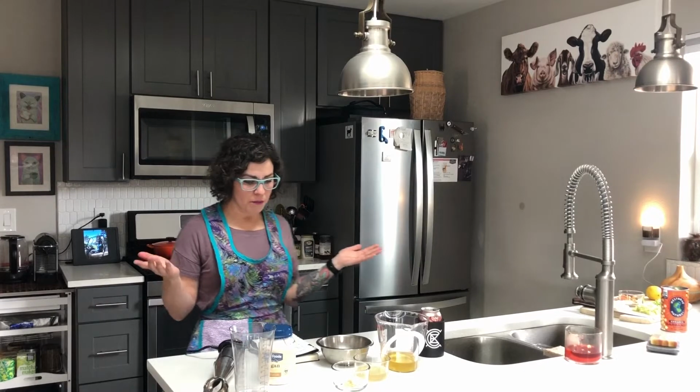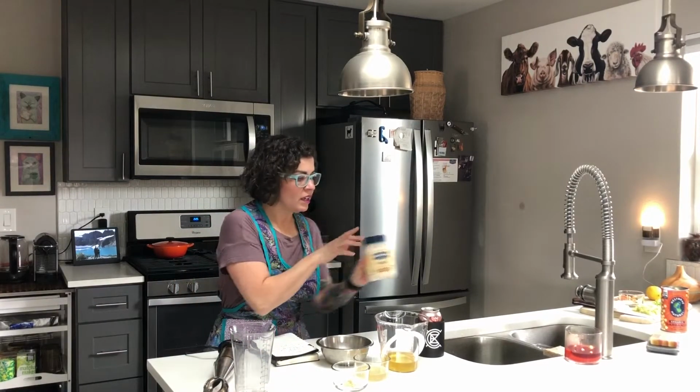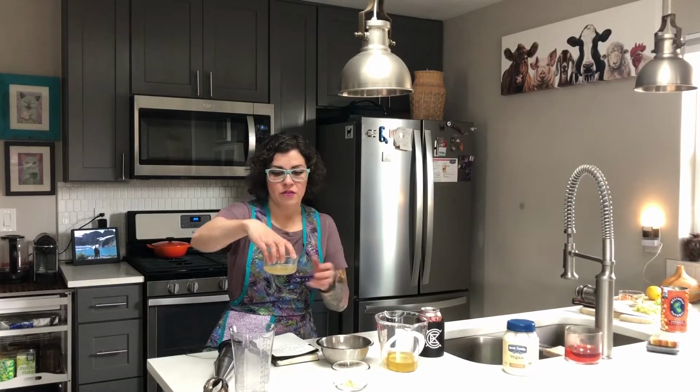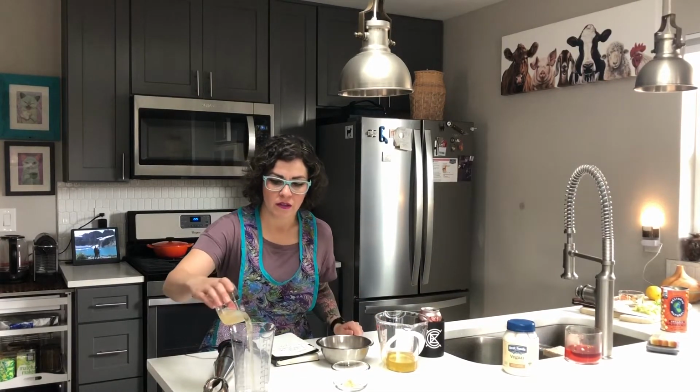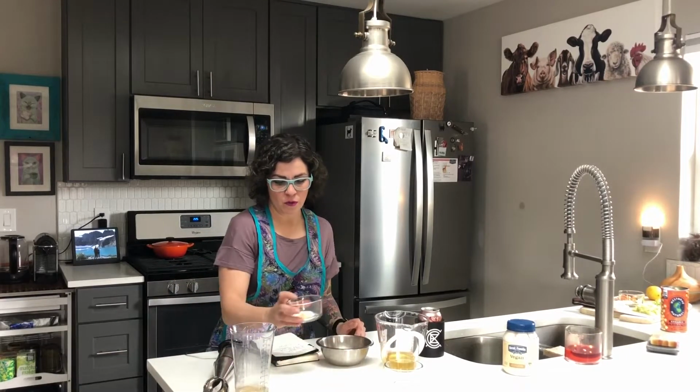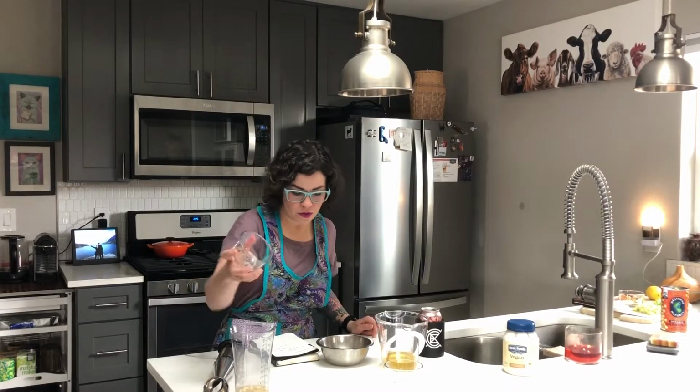I am going to start with the mayo because it'll take the longest to get ready. Super simple. I have everything I need right in front of me already. I've got a 1/4 cup of my chickpea liquid, which we will add some ground mustard, about a 1/4 teaspoon of mustard, 1/4 teaspoon salt,